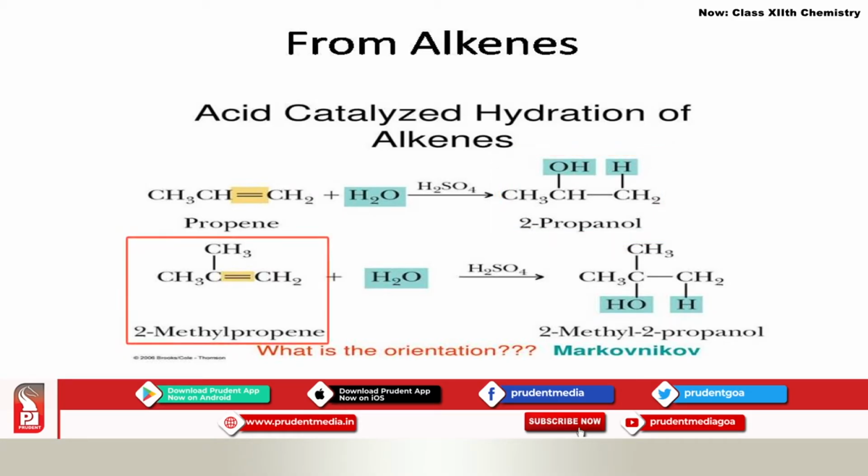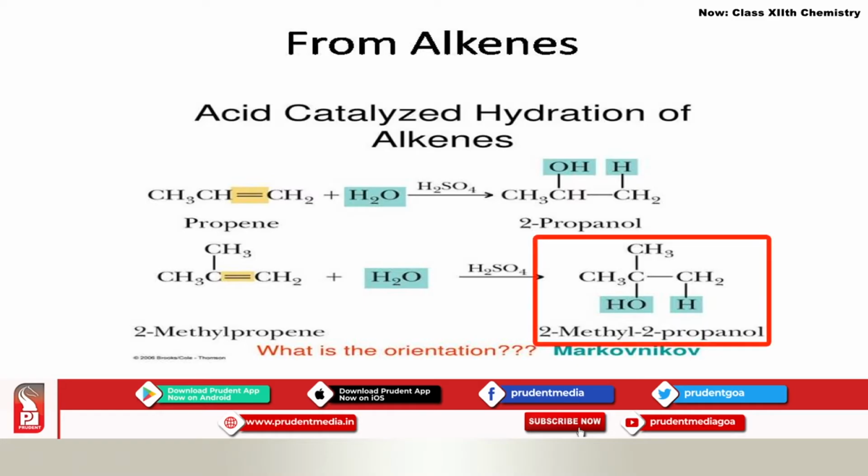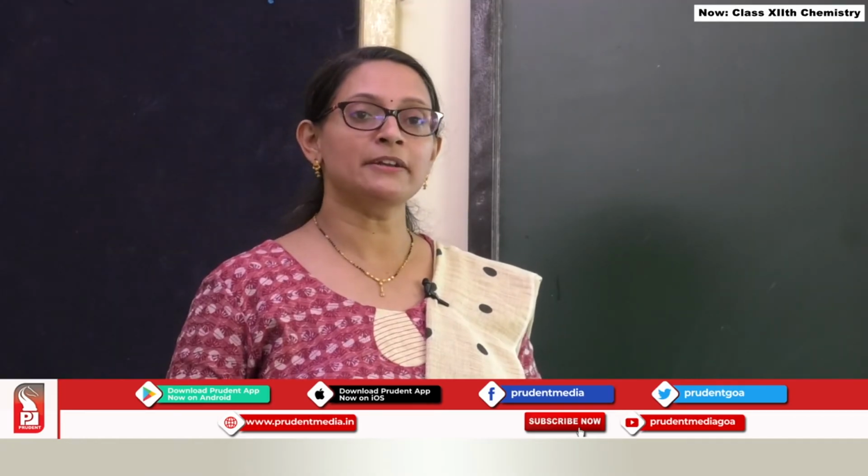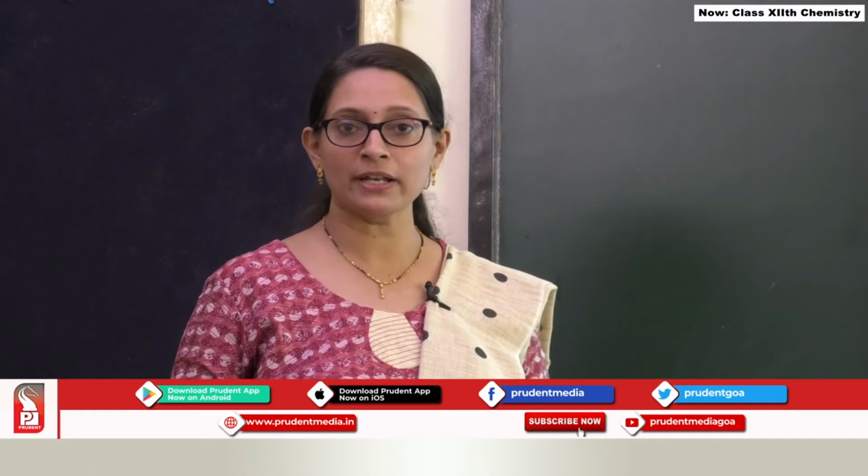Similarly, I have taken another unsymmetrical alkene and added water to it in the presence of acid. So here also the OH group should go to this carbon since it has no hydrogens attached to it, and hydrogen should go to this carbon, the double bond should get converted into a single bond, and you are going to get 2-methylpropan-2-ol. Remember all of you, what type of orientation of addition does it follow? It follows Markovnikov's addition rule. If you are starting with a symmetrical alkene, there should not be any problem, you can add anyhow in order to